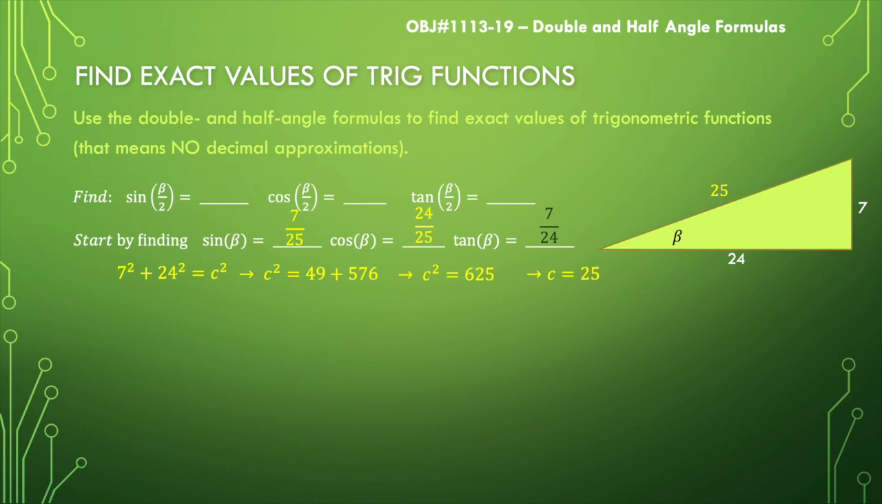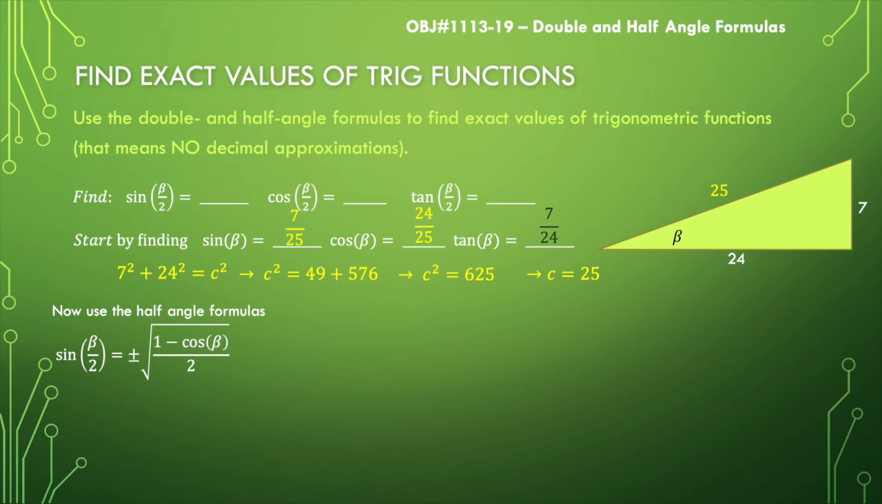Fabulous. Now we can move on to actually finding the sine of beta over 2, the cosine of beta over 2, and the tangent of beta over 2. Let's look at those formulas. They all kind of look the same. Sine of beta over 2